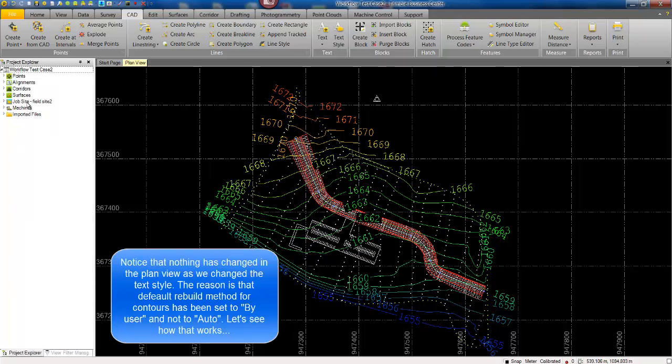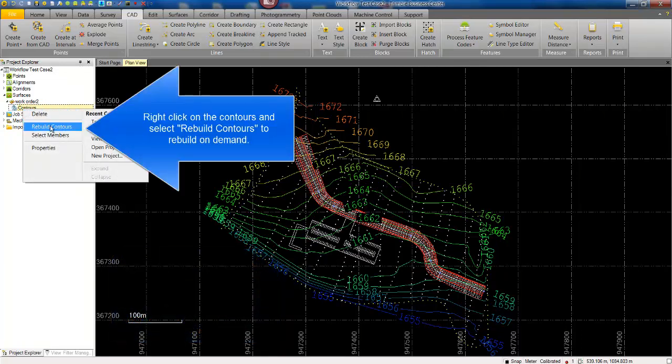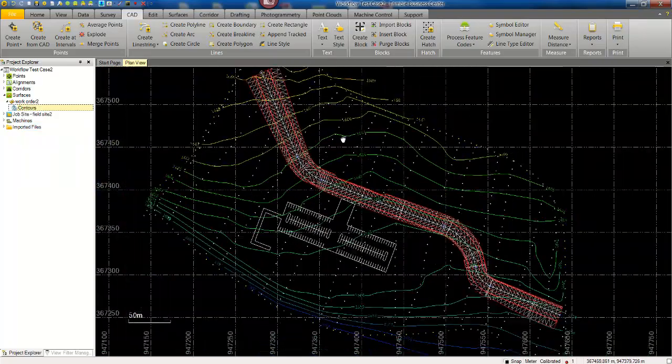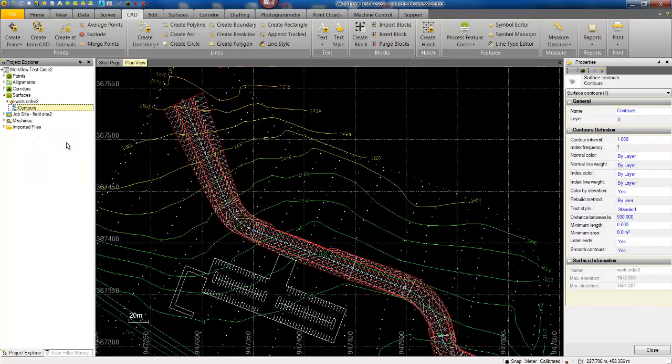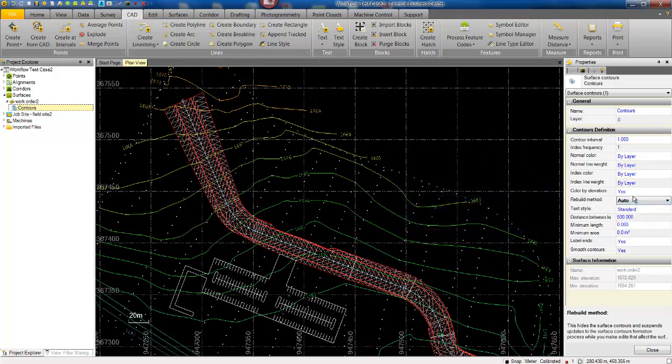That is by design. Under the surfaces here, under Ver Corridor 2, there's a new contour object, and if you right click, notice there's a command called rebuild contours. If you rebuild contours, all the labels have been created according to the text style changes we made. That is actually a property of the contour. You can change the rebuild method by user to auto, in which case the contours or contour elements would update